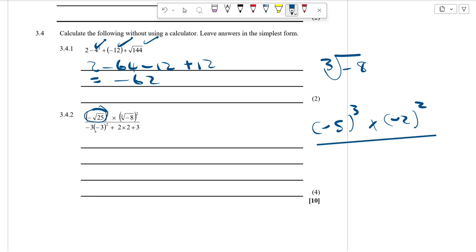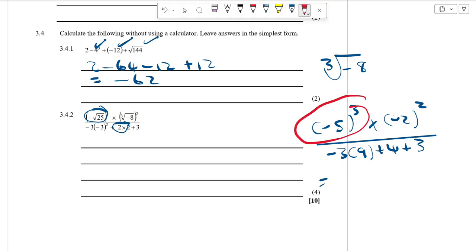And then this part, what is -3 squared? -3 squared is what? It is 9. And then plus, what is 2 by 2? 2 by 2 is 4 because we're focusing on this part. Plus 4 plus what? Plus 3. Okay, so now we can see, we can press this in our calculator, press this part. We are going to have what? 125